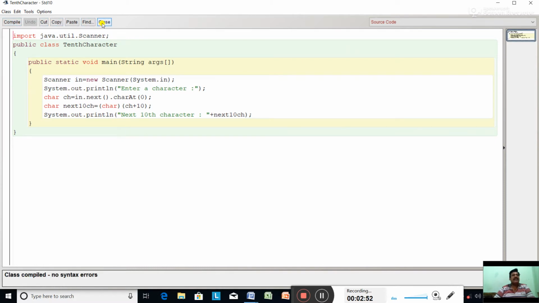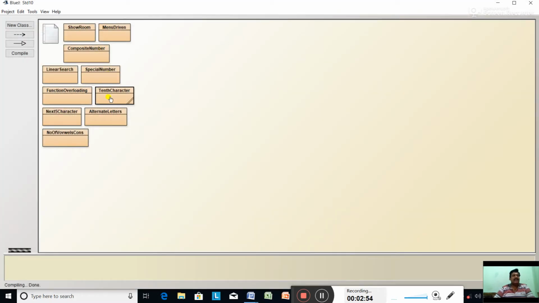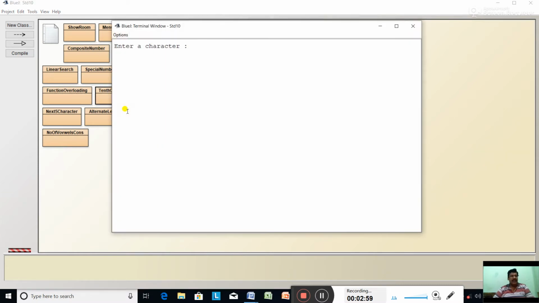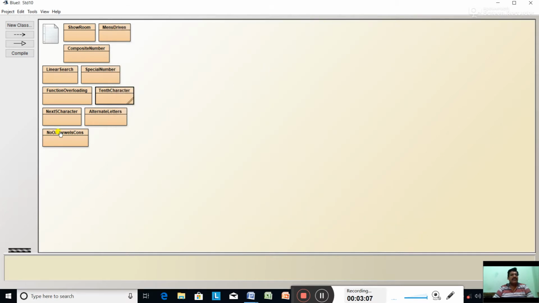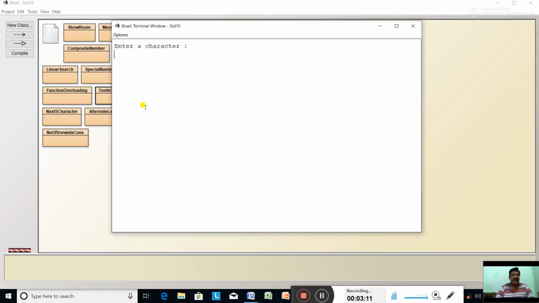No syntax error. Input, suppose, capital A. What is the 10th character? Capital K. Once again input, suppose small m. What is the 10th character? Small w. So it is printing the 10th character.